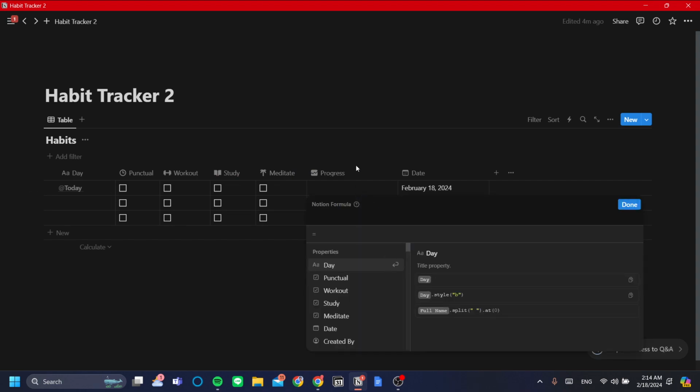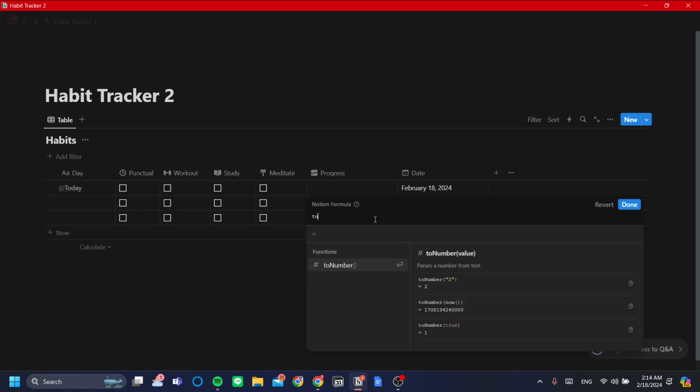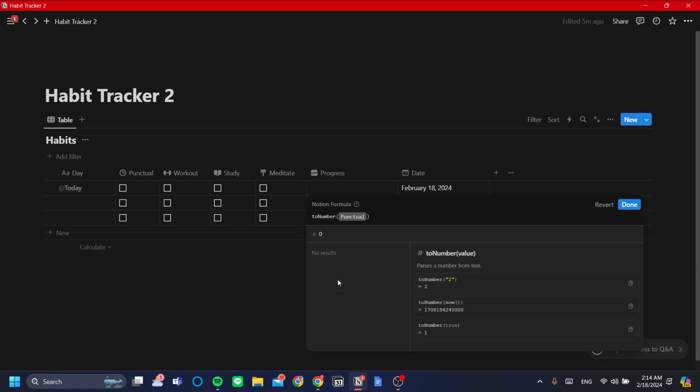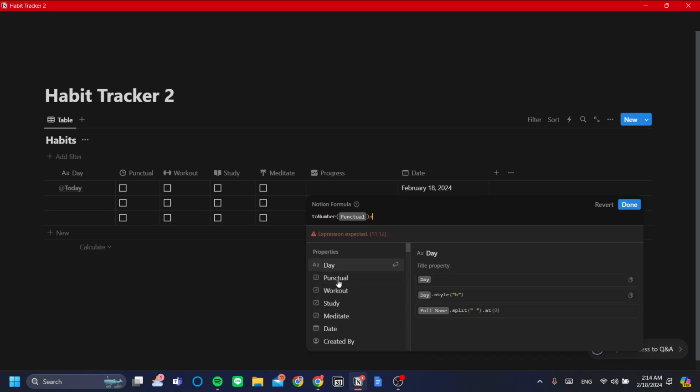All right, so in the progress formula, what you want to type in is the toNumber function. So the toNumber function converts your true or false data, which is the case in the checkbox property, to a number. So 0 is for if it's unchecked and 1 if it's checked. So toNumber punctual, we'll add toNumber punctual plus toNumber